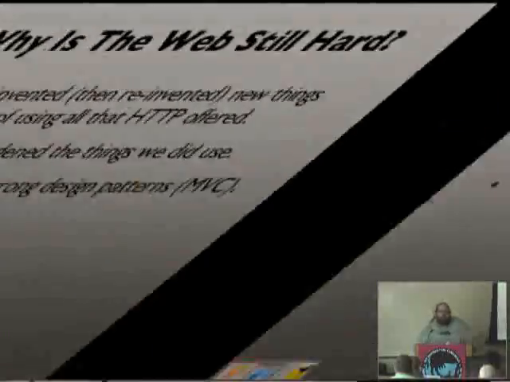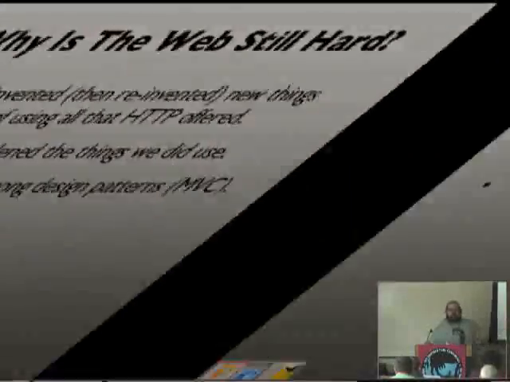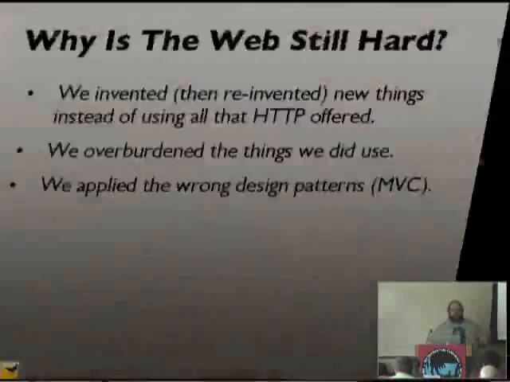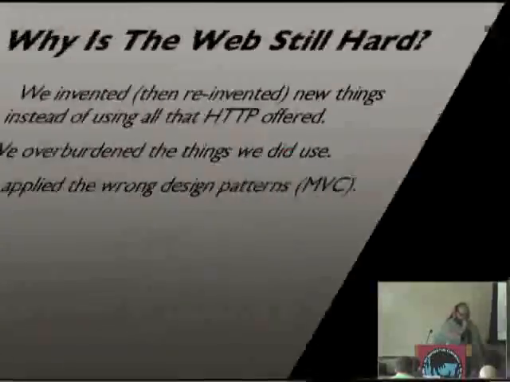We applied some of the wrong design patterns. During the early days, we realized that just sending a mess of HTML over the wire, tied up in print statements, made for unmaintainable systems. So we decided, let's separate things out. Separation of concerns. Well, we want the data model, we want the business logic, and then we want the format that's going to be served. Unfortunately, I think it's natural to say, well, we have this problem where everything's bundled together and we want to separate them out. Let's reach for this existing pattern, model view controller,